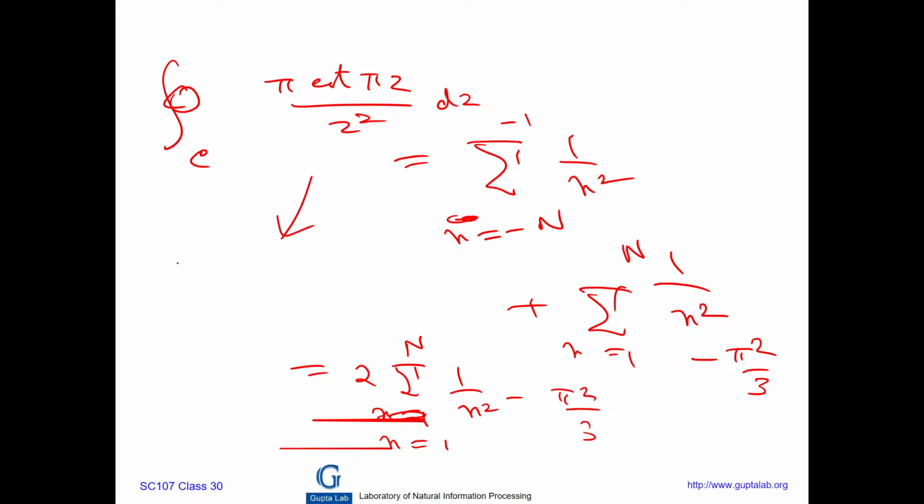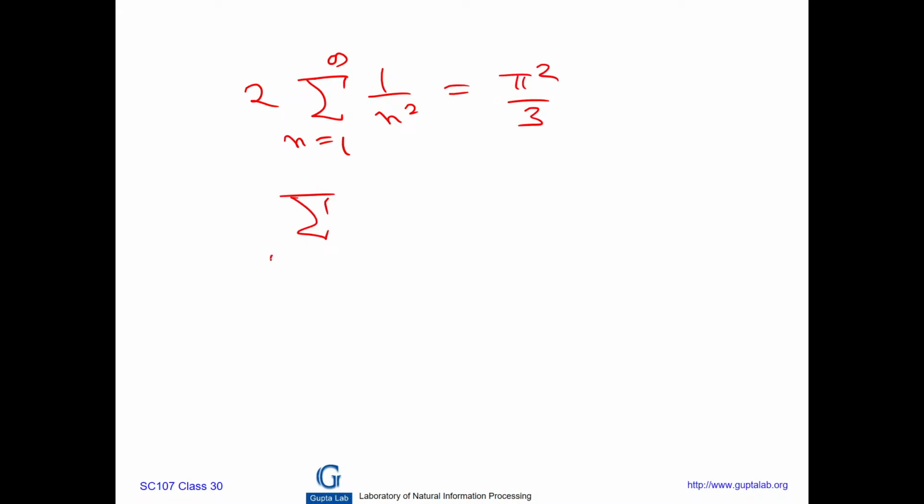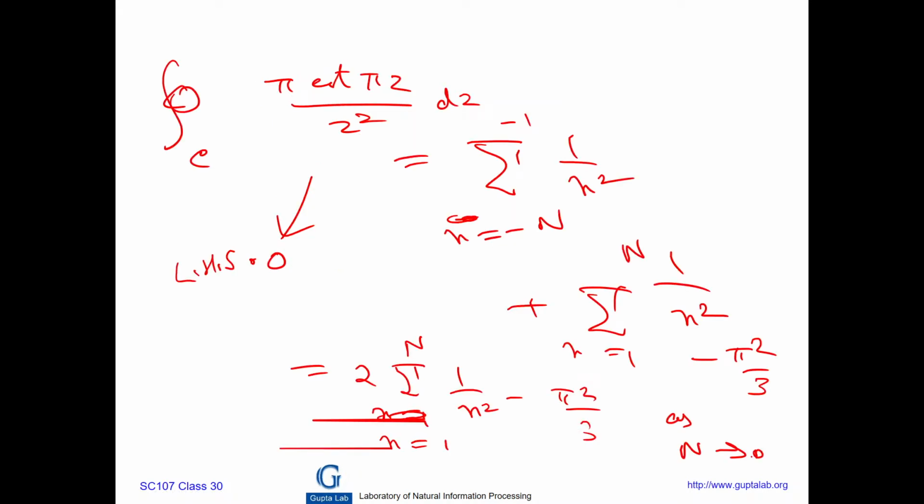One can show that the left hand side goes towards 0 as capital N approaches infinity. So we have 2 times summation n is equal to 1 to infinity 1 over n square is equal to pi square by 3, and hence summation n is equal to 1 to infinity 1 over n square is equal to pi square by 6. So essentially we have used here, of course this portion you have to show that it goes to 0 and so on and so forth. I am skipping a lot of things here, but